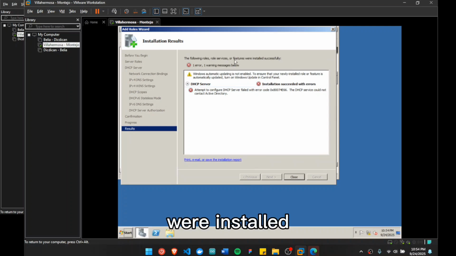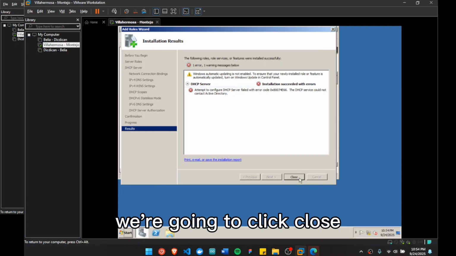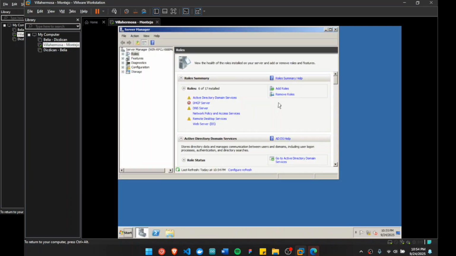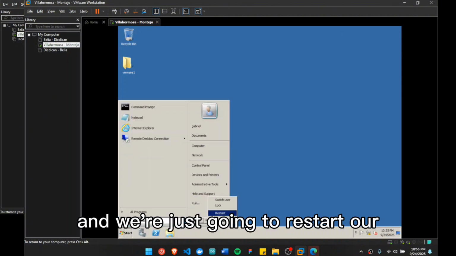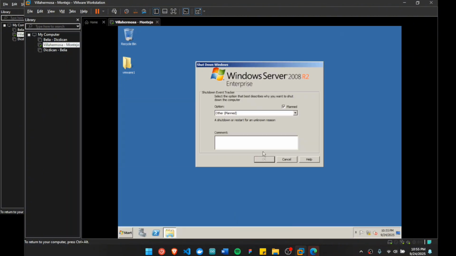Features were installed successfully. I'm going to click close and then close, and we're just going to restart our VMware to apply the changes.